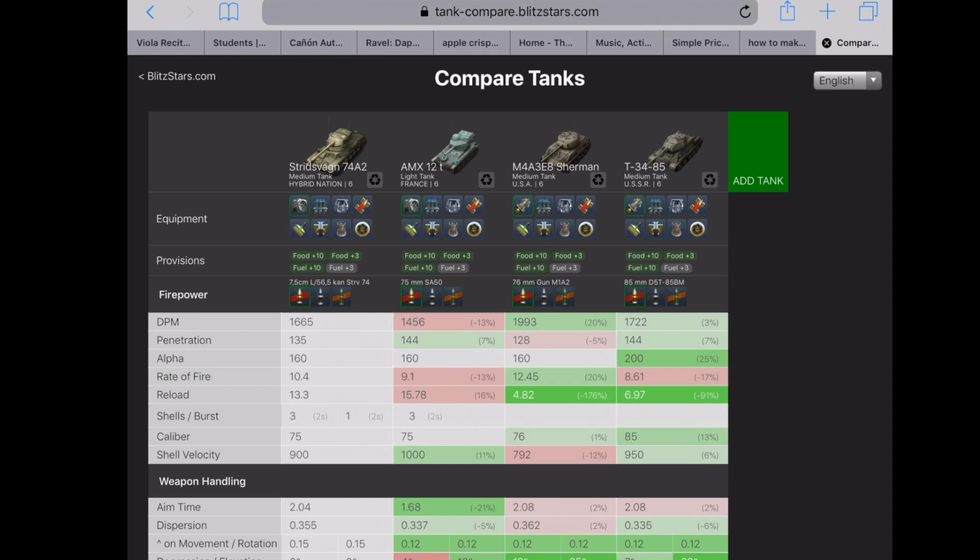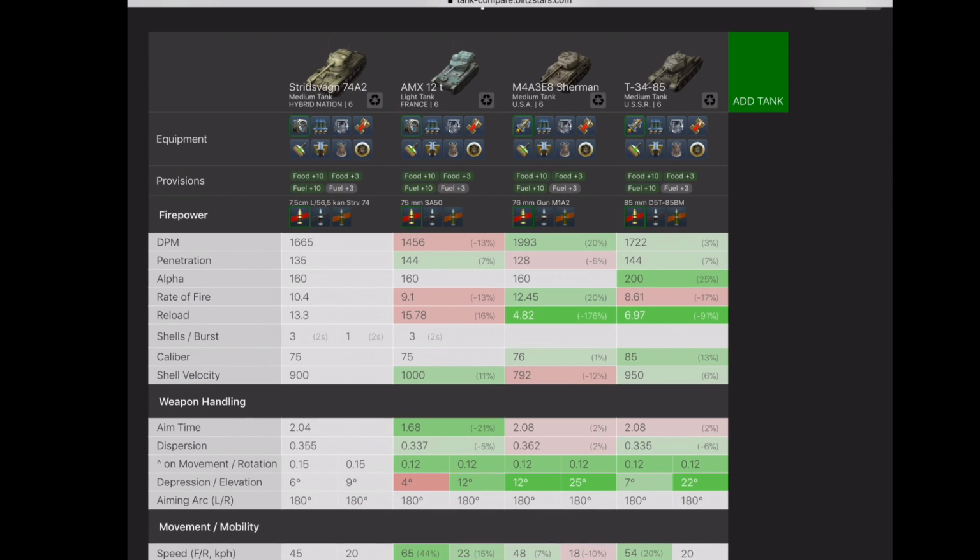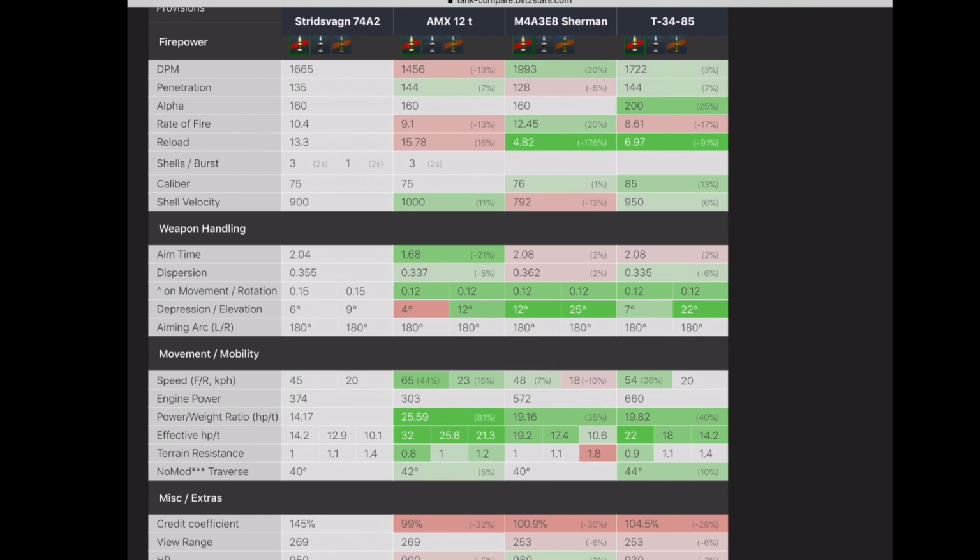And now we see at Tank Compare at blitzstars.com how this tank stacks up against some of its Tier 6 competition. This tank is in most parts better than the AMX-12T, the only other auto-loading Tier 6 tank, in terms of DPM, though it does fall short compared to non-auto-loading tanks such as the M4A3E8 and the T-34-85. When it comes to penetration, this tank is about average with everything else, not really excelling or falling behind in anything. Weapon handling wise, this tank actually performs better than both of its single-shot counterparts, though it does perform worse